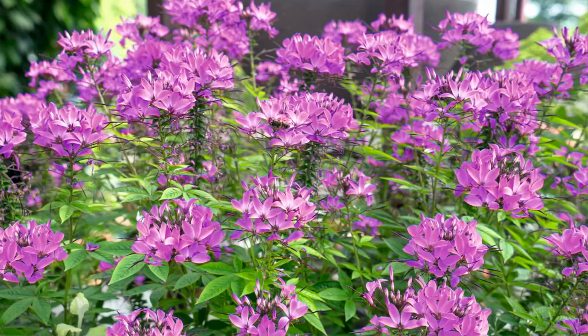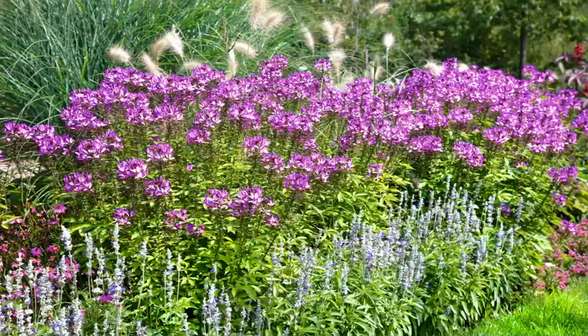This is the way the flowers look. Again, 4 to 8 inches across with very interesting foliage, deer and drought resistant. In containers or in the ground, the self-seeding annual, and you can let the seeds drop where they are, or